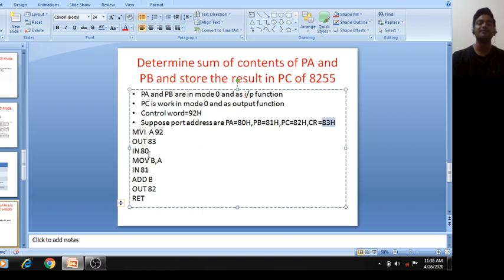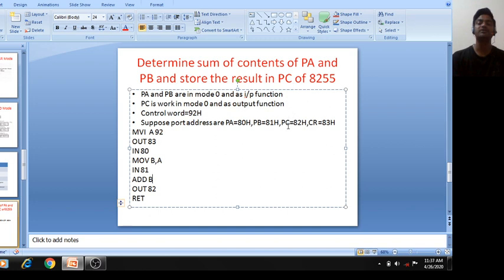Contents of port A will come in the accumulator, and move this data into B register. Then again IN 81. Now again move contents of port B in the accumulator. Now ADD B. It means it is adding contents of port A and port B and the result is stored in A.